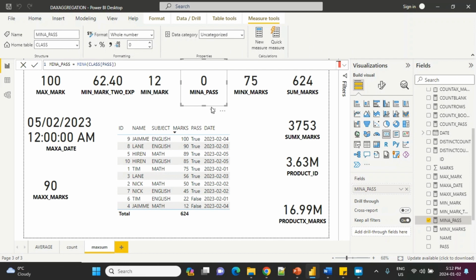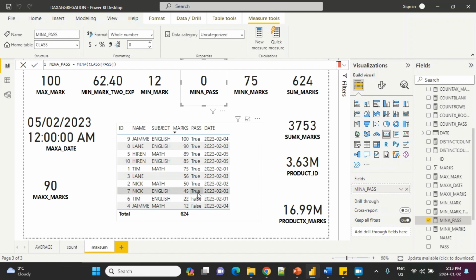So here, if you have noticed, I have been using mean a function with a pass column. This function interprets a value of 1 when condition is true, and 0 when condition is false. It then counts these values in the column. If the count of true value is less than the count of false value, then it will return 1. And conversely, if the false value count is less than true, then it will return 0. And you can see on card, it is returning a 0 value because we have only two false values in